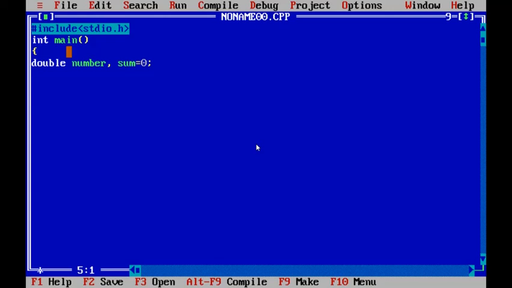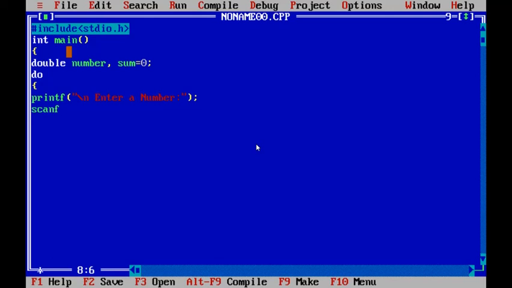After declaring the variables, the do while loop is started. printf "Enter a number". It prints on the screen. The user will respond.